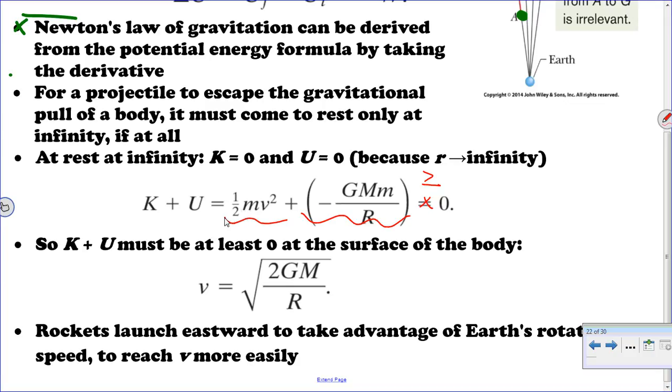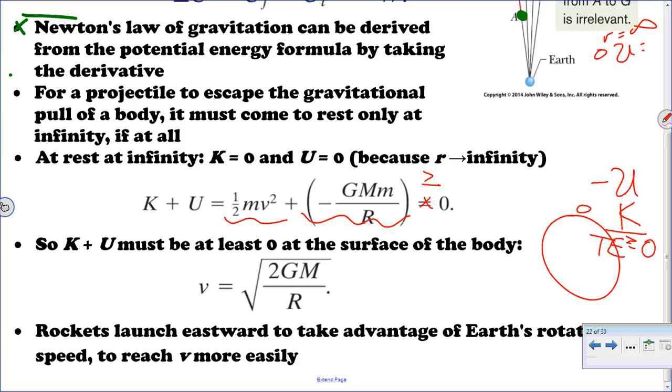Does that make sense or no? Okay, if you wanted to make a picture of it, it would be this. So here's the Earth, here's me, right? So at this point, I've got a giant negative potential energy, right? So if I've got a giant positive kinetic energy, so that my total energy is 0 or bigger, then that means that when my object gets to a radius that's infinite,